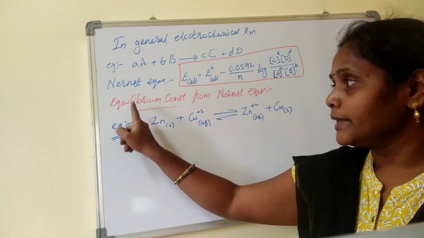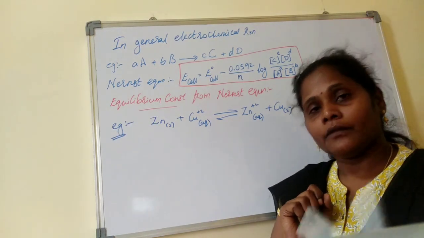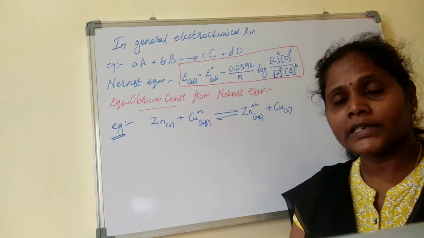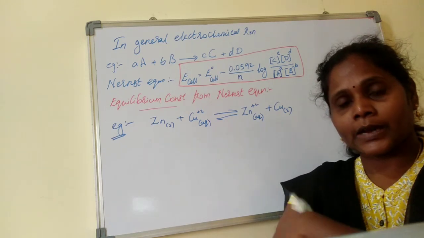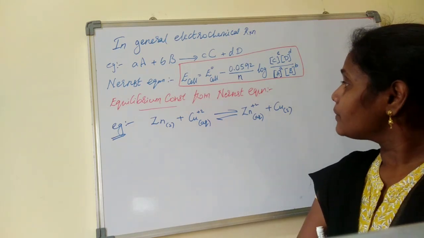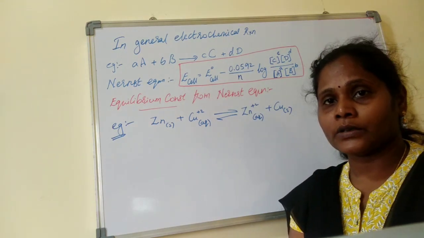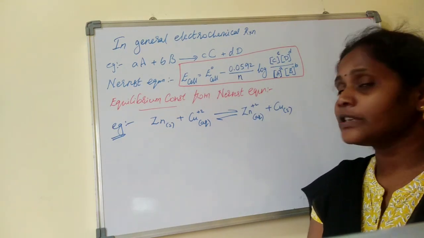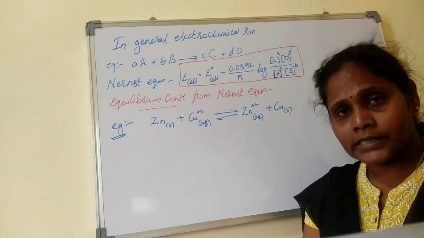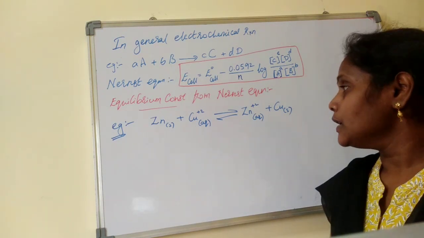Then how do we calculate the equilibrium constant? We know how to calculate the equilibrium constant; in our acids and bases chapter we have done it. Now by using the Nernst equation we can calculate the equilibrium constant. So let us see how the Nernst equation helps us calculate this equilibrium constant. First,